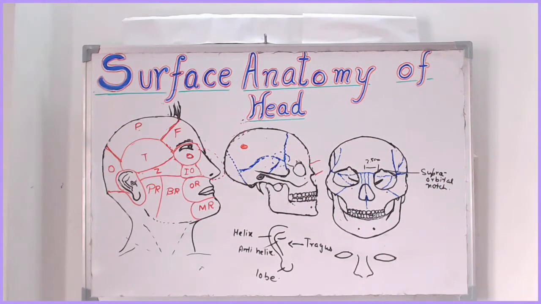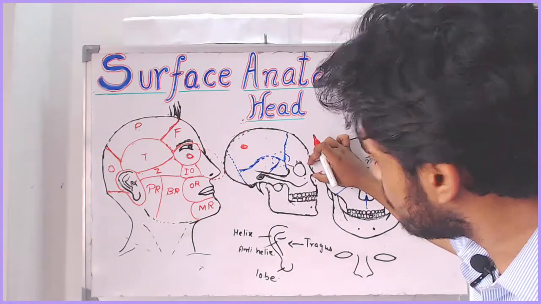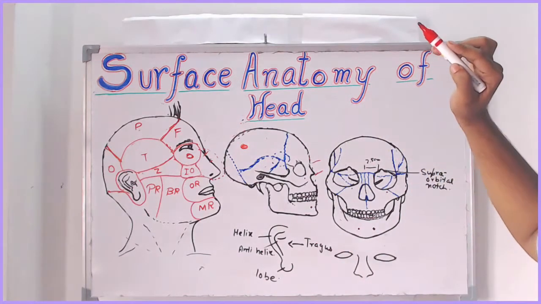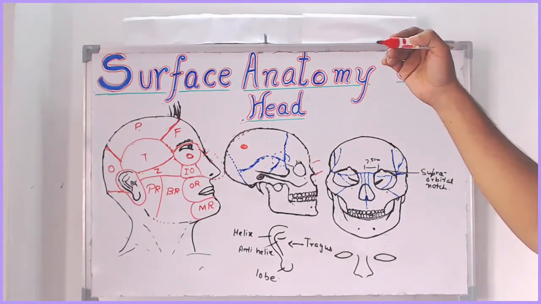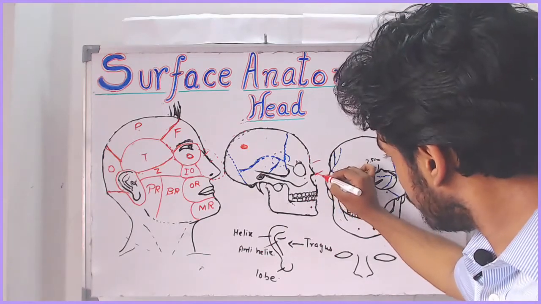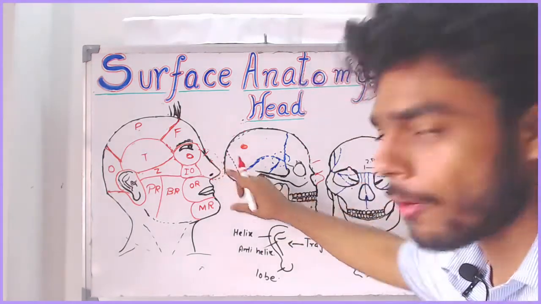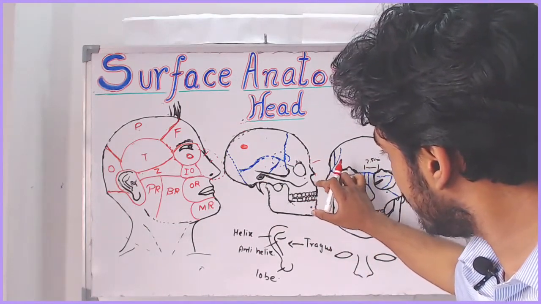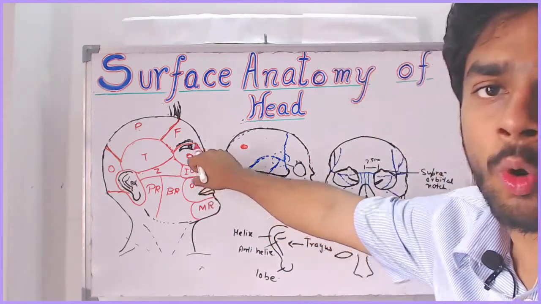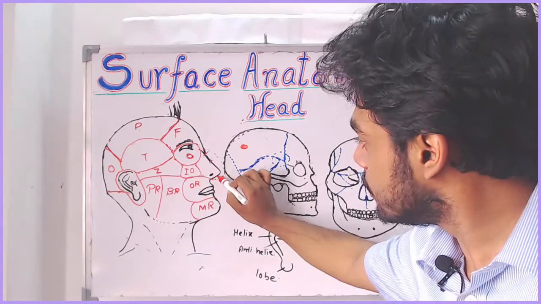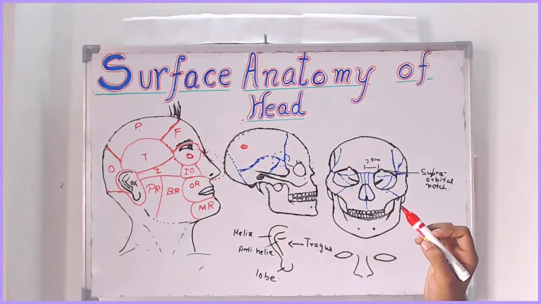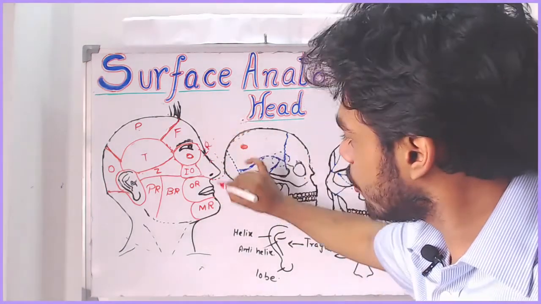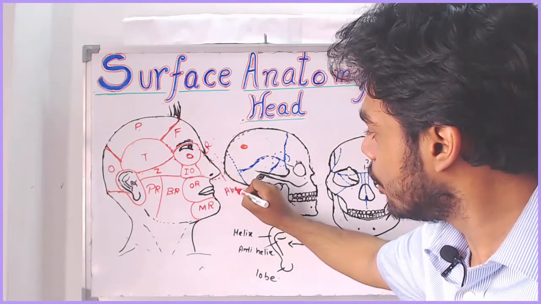Below the nasion is the bridge of the nose. This comprises the bridge of the nose, which is present here. The nose below this level has a pliable cartilage framework. This part, which I showed in red, is made up of cartilage, and this forms the whole nose. So we have the bridge here, and this part is made up of pliable cartilage. The tip of the nose is called the apex. This is the root of the nose, and this is the apex of the nose.